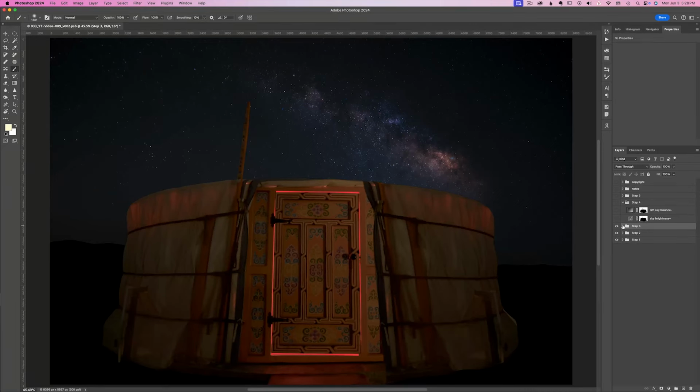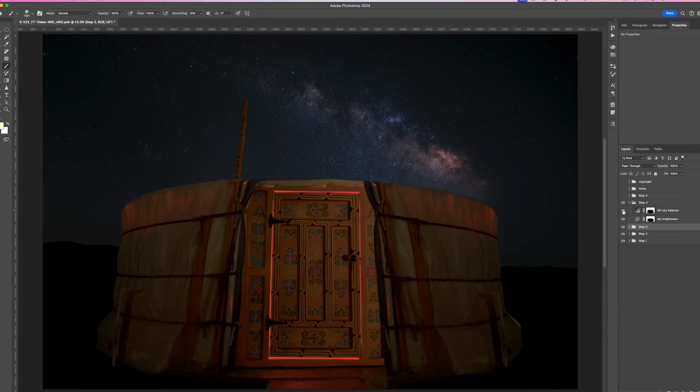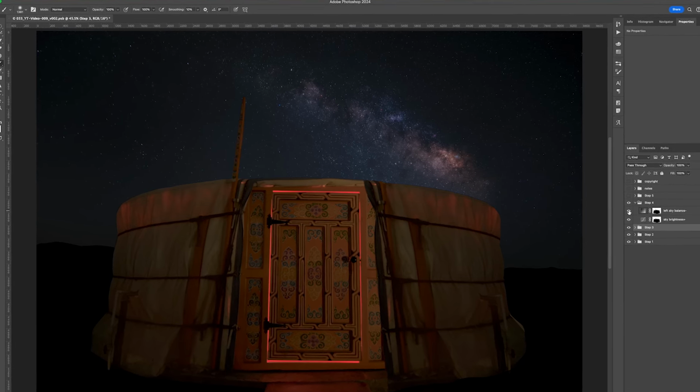With our new sky in place, we finalized the blending process. This involves adjusting the overall brightness and evening out the lighting on the left-hand side to ensure that both the sky and landscape feel balanced. This step is crucial to keep the focus on the main subject, the yurt, while being complemented by a beautiful night sky with the Milky Way as the cherry on top.